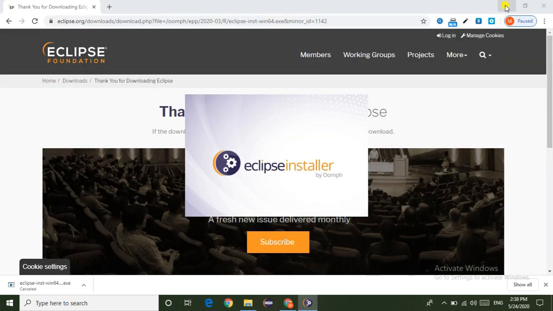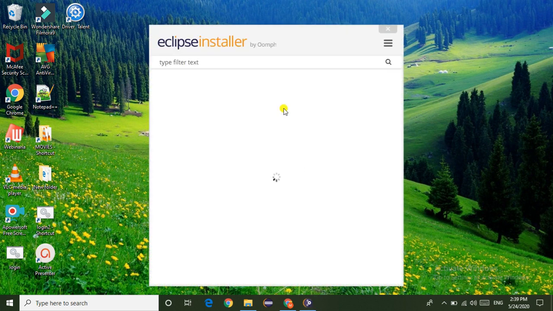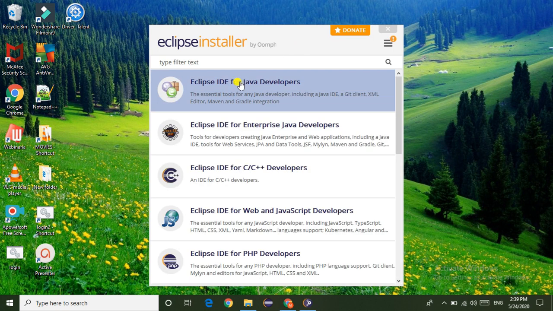Just close all the other windows. Now the installation is completed.